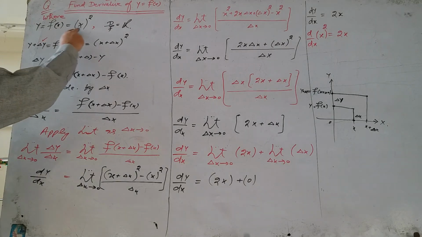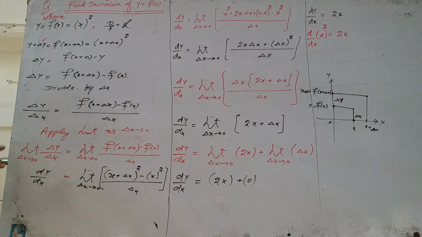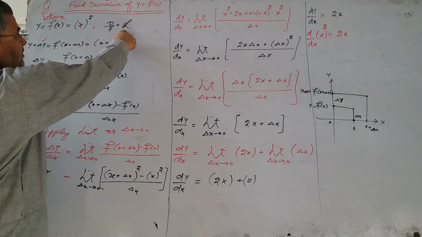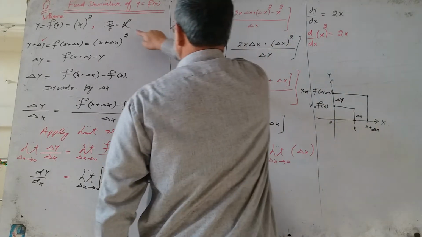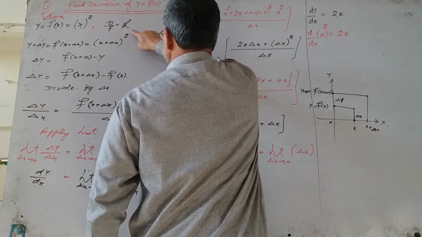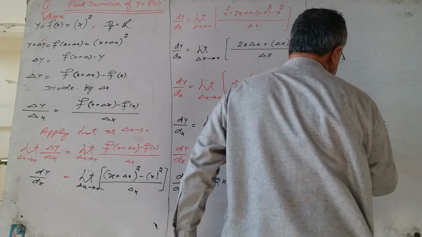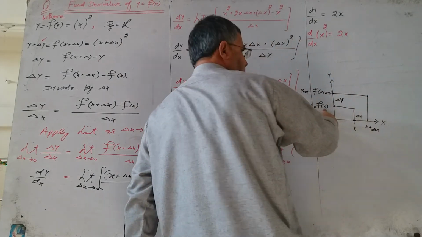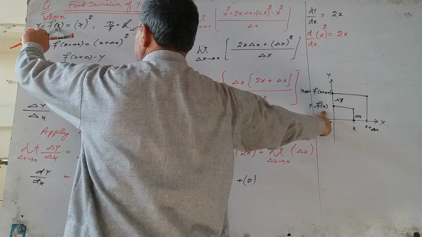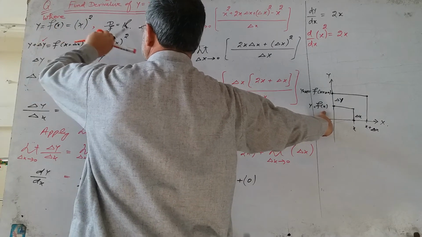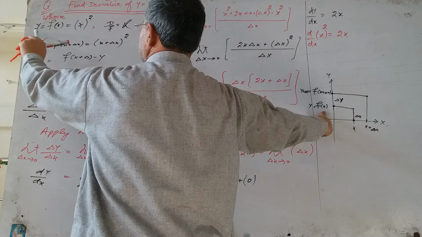Calculate the derivative of f of x equal to x square with respect to x. The domain for this function is the set of real numbers. So this is a point of the domain set of the function f of x equal to x square. At this point, the value of the function is f of x. When we substitute x from the domain set of the function, the value of the function y will